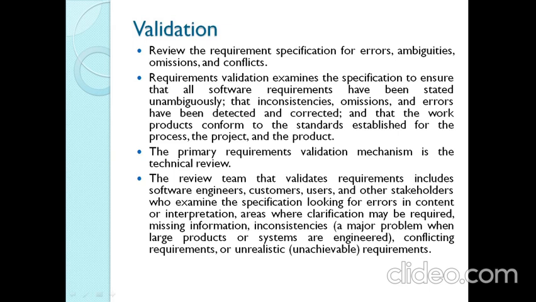We have to correct the SRS. The requirement validation examines the specification to ensure that all software requirements have been stated unambiguously. So requirements have been fed into the SRS with all kinds of specifications.